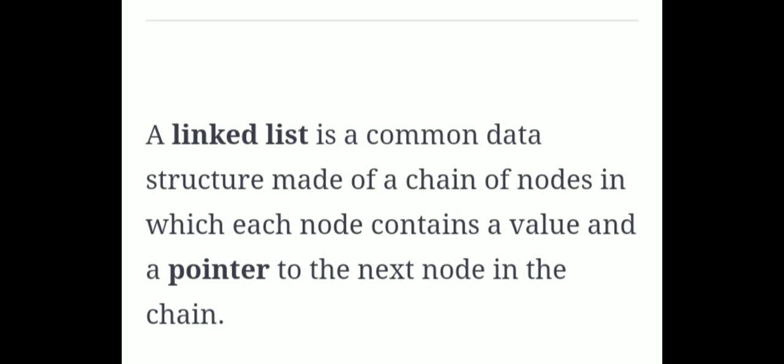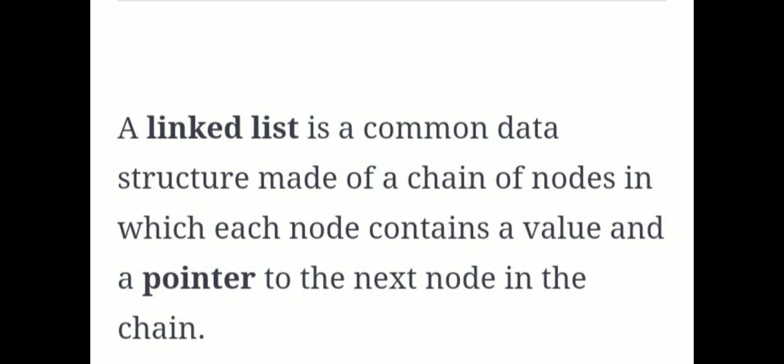How is it possible? Here comes the role of the second word, linked. Here, I am linking such random allocation of data using a pointer. That's why I am using the words chain of nodes. So this pointer helps me to form a chain of nodes. As per the linked list, you may have a chain of nodes. Chain in the sense of node 1, node 2, node 3.